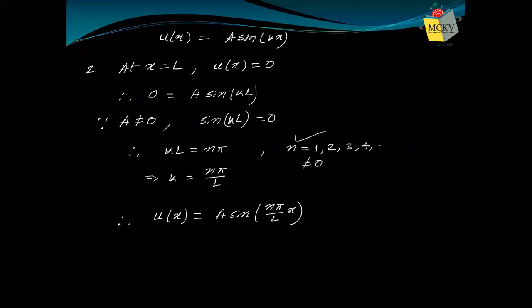But one point is left. Still, we do not completely know the wave function because we do not know A. Other quantities are known. n is known because n would be 1, 2, 3, 4, etc. values. L is fixed, pi is fixed. So the only quantity which is still unknown is A. Okay. So what we have done up to this,